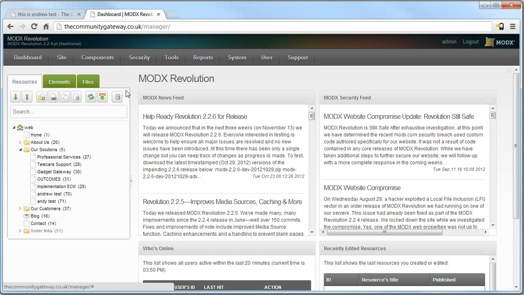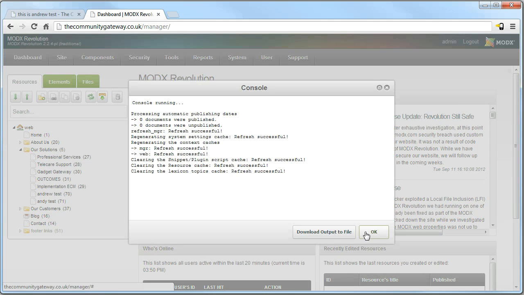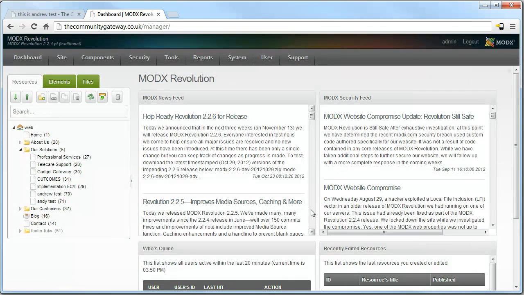So to clear the cache within Modx, you can go Site, Clear Cache. That doesn't ever break anything. It just means that if you've made a change you expect to be on the site and it's not, try that first. So if we go through to Andrew Test now,